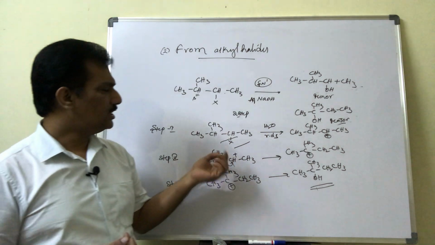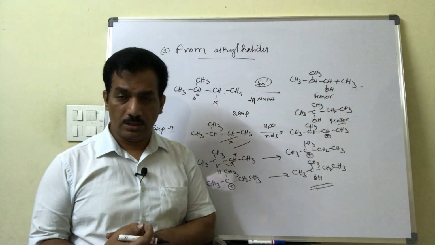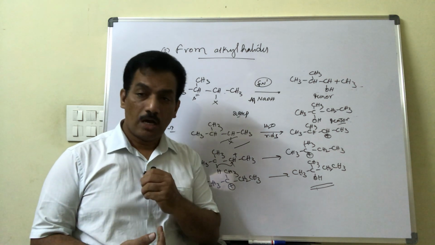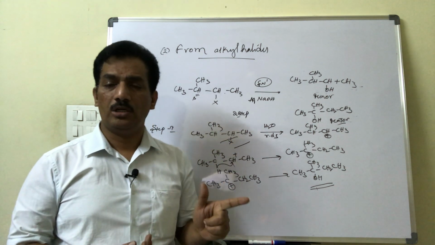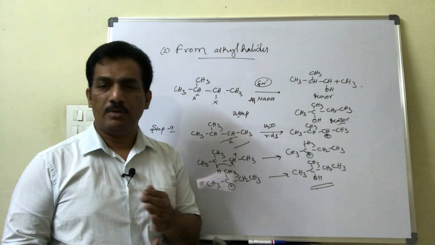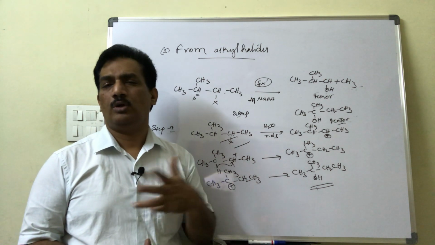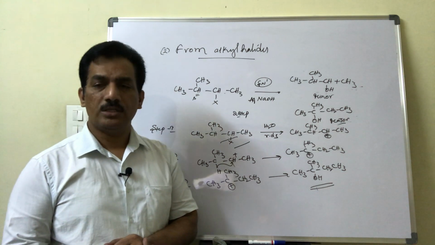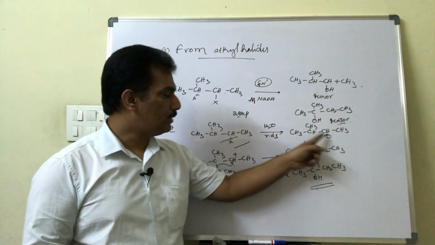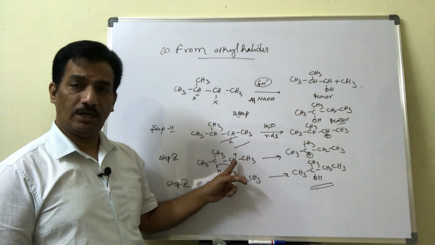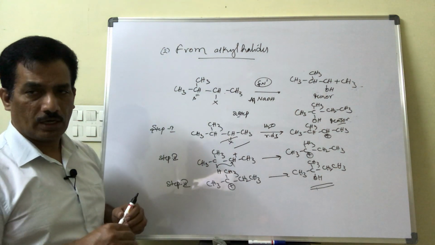How does it happen? In the SN1 mechanism, the reaction intermediate is a carbocation. Once carbocation is formed, we have to remember that if there is any chance to upgrade the stability from primary to secondary or tertiary, or from secondary to tertiary, then automatically we have to imagine the shifting of H minus or CH3 minus, one shift. Here that is happening. You have to remember forever. Like that, we can also expect a rearranged product to be formed.